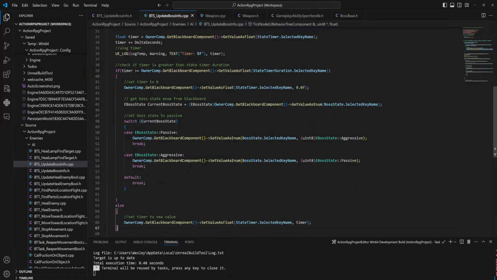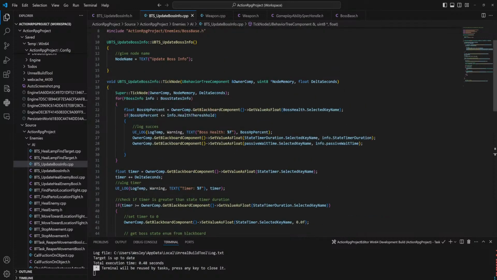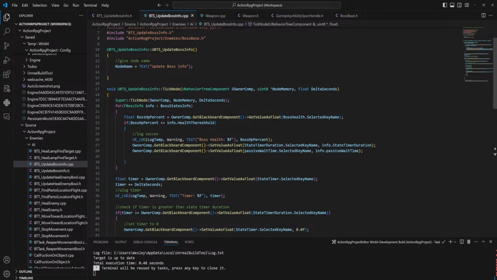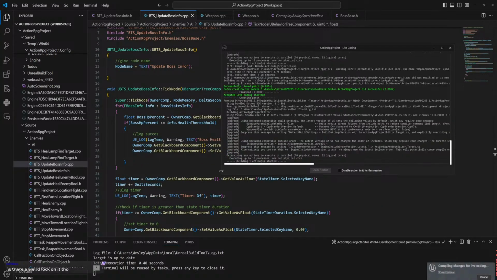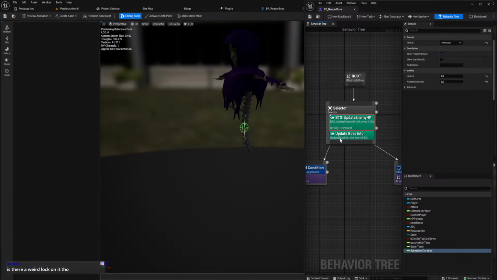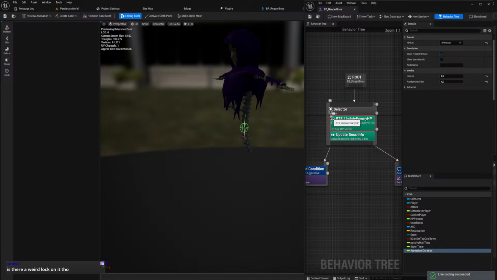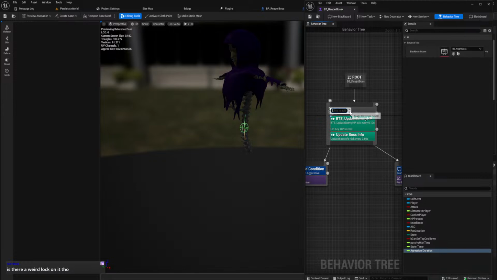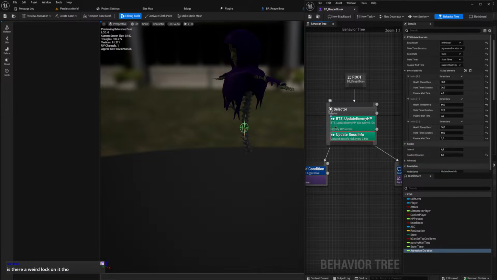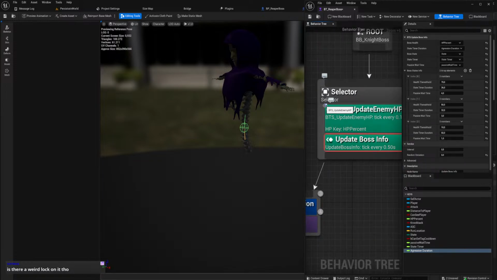I'm going to paste this code back in real quick, by the way. There's a weird lock on it though. I can look at that, but I think this just means that it's a blueprint service, or it has like a comment or something. There is this weird little icon on it. You are not wrong about that, but